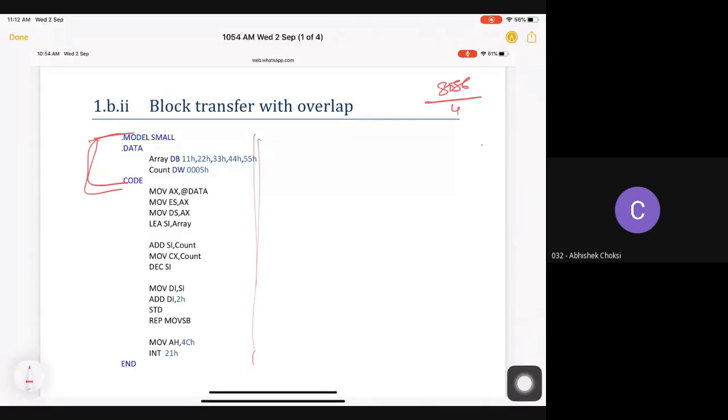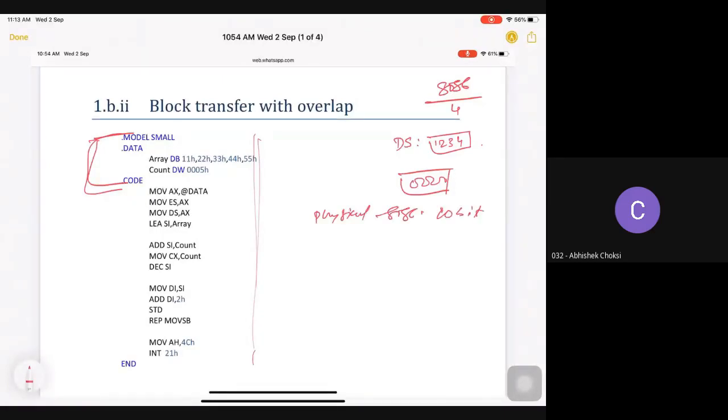Now again, just as a reminder, your data segment register is 16-bit. Suppose 1 2 3 4 is stored in this. All other registers are again 16-bit. The actual physical address of 8086 is 20-bit.